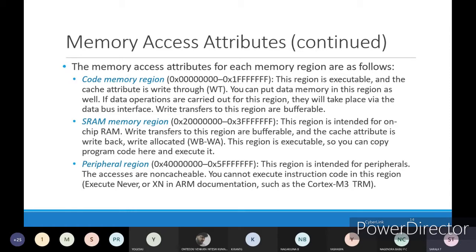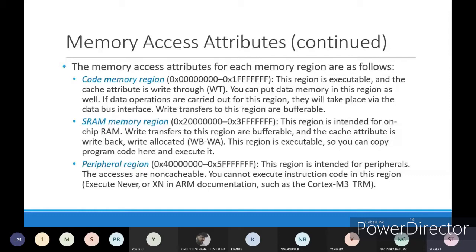See, in this SRAM region, whatever data you want to write, you can use a bufferable attribute, and also you can use the cache attribute. Cache storage means intermediate data or continuously usable data can be stored in this SRAM region.